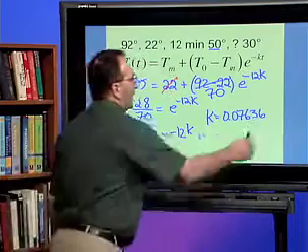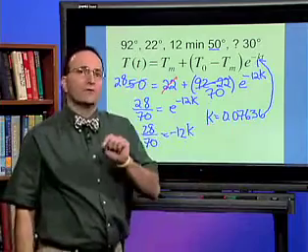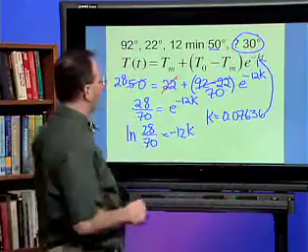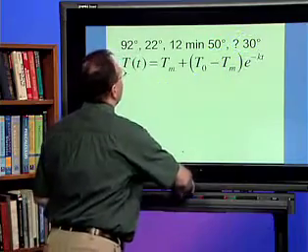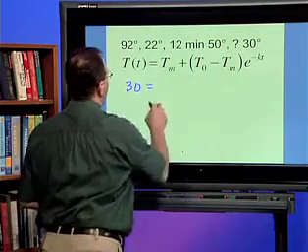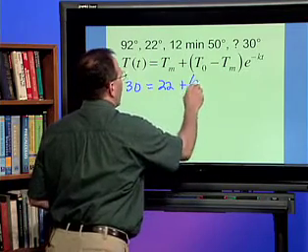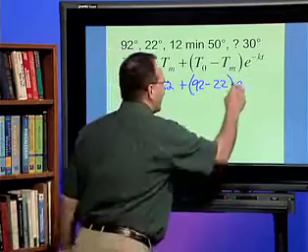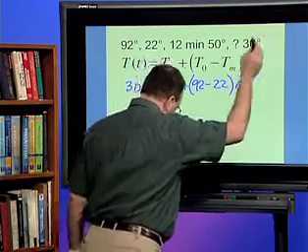That's my k value that I now plug back in here, and I can then solve for t to find out how long it takes to get down to 30 degrees. All right, so let me clear off that board and rewrite the problem for the second part of it. And the second part, again, is we want it down to 30 degrees, and that's going to start off with 22 as the medium, plus the 92 minus the 22, and then it's e raised to the negative 0.07636